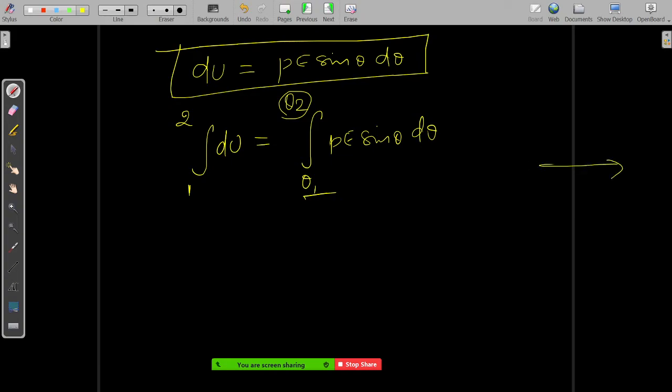So let's say the electric field is in this direction and the dipole has been kept something like this. So that is angle 90 degrees to the electric field. In this case, if you take the potential energy at this configuration, you have assumed that the potential energy at this configuration is equal to zero, then what you can say is at any angle theta, the potential energy can be represented as